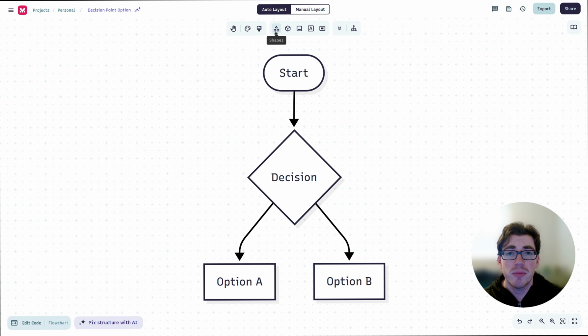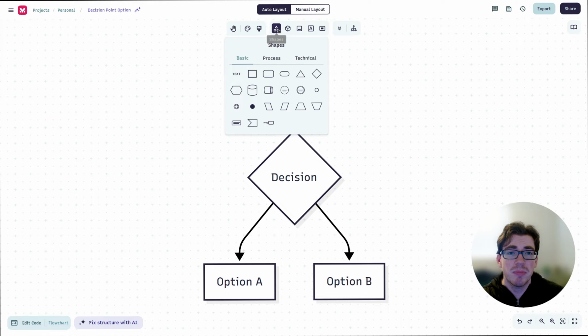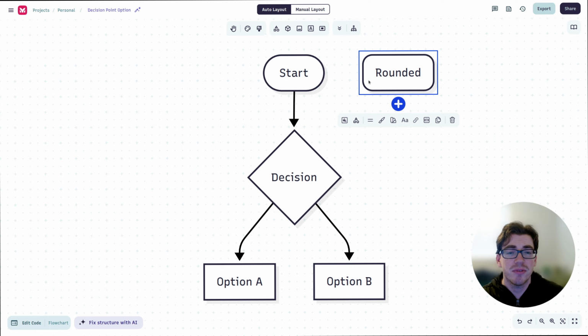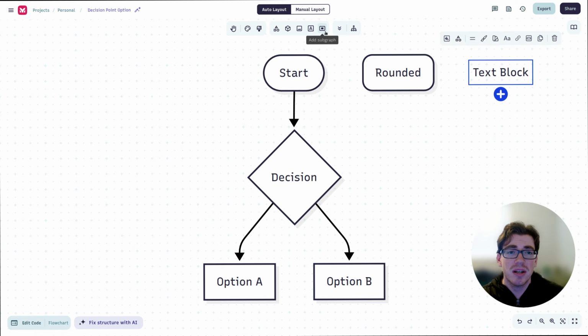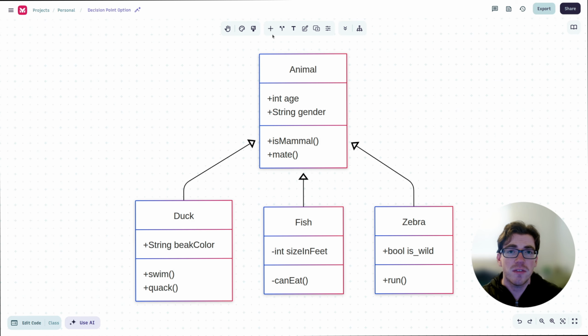And then in the middle, you'll find more specific buttons for whichever type of diagram that you're using. So since I'm currently editing a flowchart, we have different buttons related to that. You can see I can add new nodes with different shapes just by pressing the shapes button. See, I can add a rounded rectangle from here. We can add an icon, an image, text box, subgraph, but this changes if we were to swap over to a different diagram,